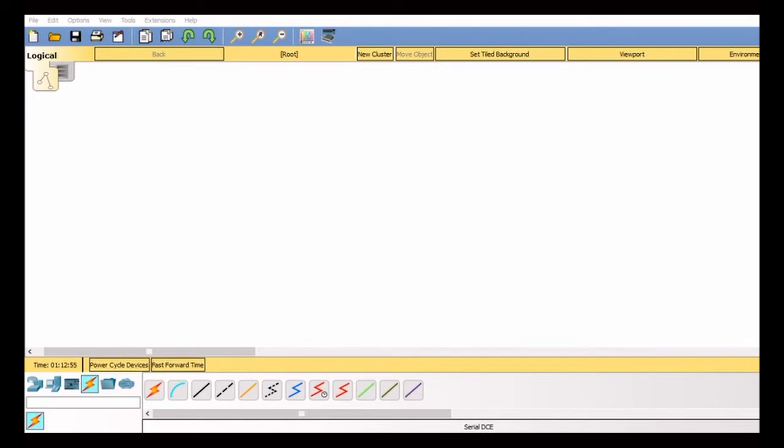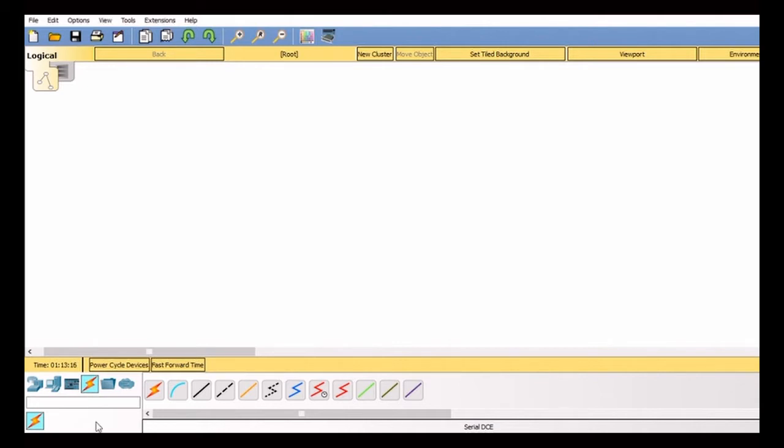Hello everyone. So today I'm back with another tutorial on Cisco Packet Tracer, and today what I'm going to teach you people is about routers, how we can set up and configure a router, set IP addresses and connect different computers and switches to a router. So we are simply going to begin.